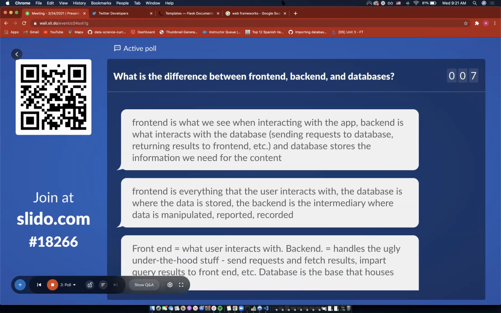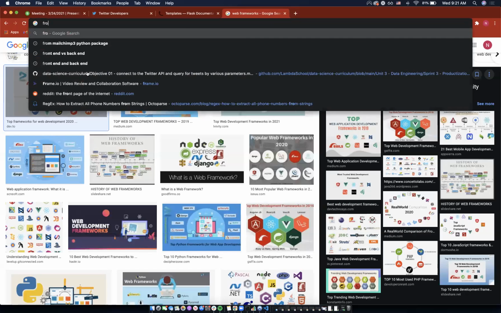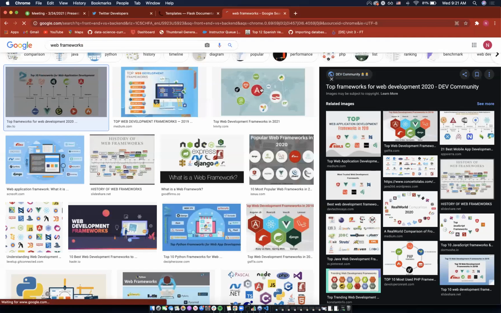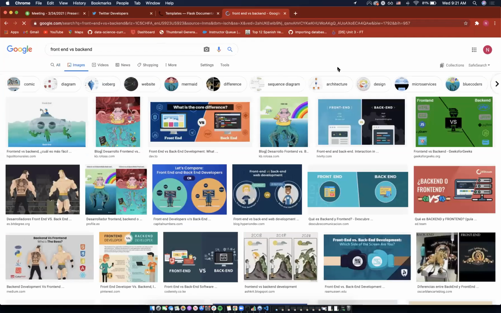Yeah, so I think you guys already have an understanding of front end versus back end. I'm going to pull up a quick image and I'll explain it in more depth. But let's see what we got here. Yeah, this is a good one. So front end is the pretty stuff, right? When I go here and I see this nice little